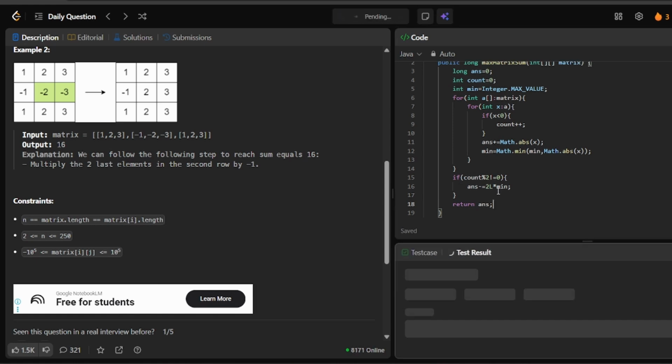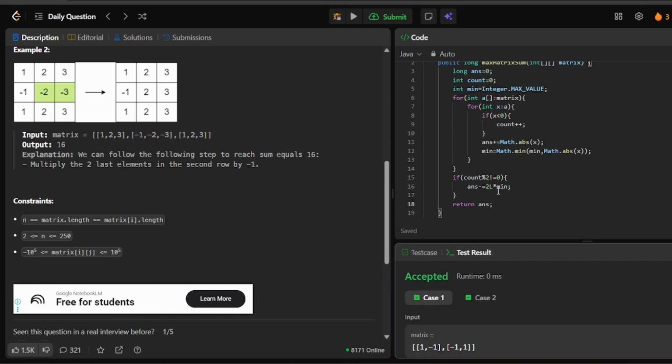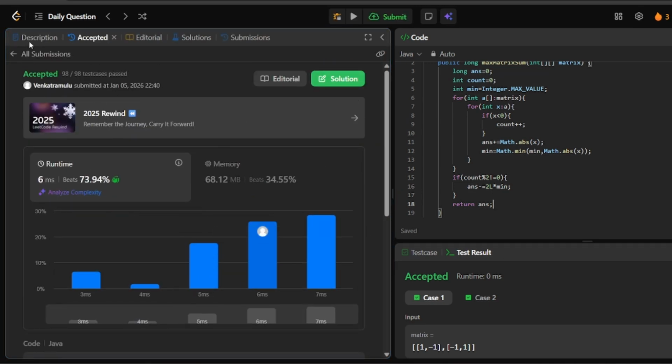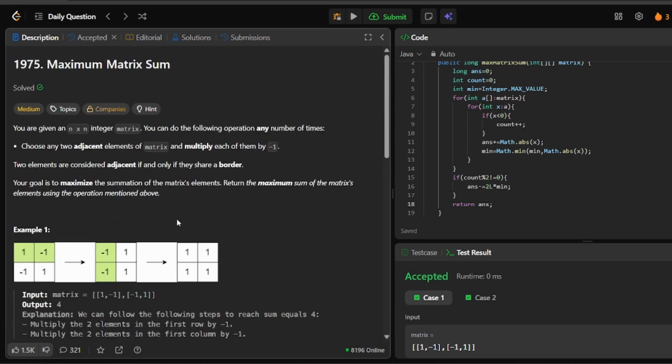Let's try to run this. Yeah, it is accepted. Let's try to submit. So it is giving the correct answer. So this is how you need to solve this problem. If you understood